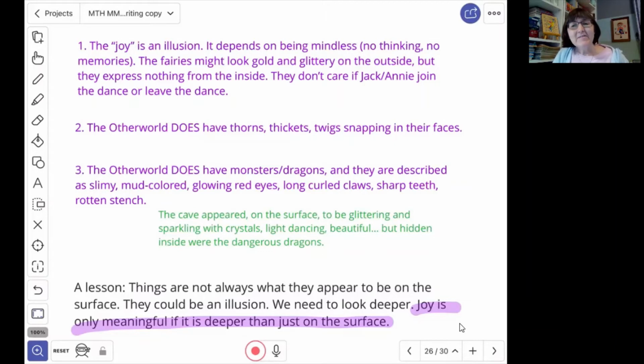And I thought, I think for joy to be meaningful, maybe it needs to be more than just on the surface with gold, glittery skin. So this was a theme I was thinking about,